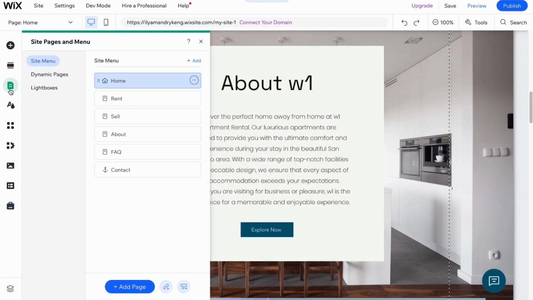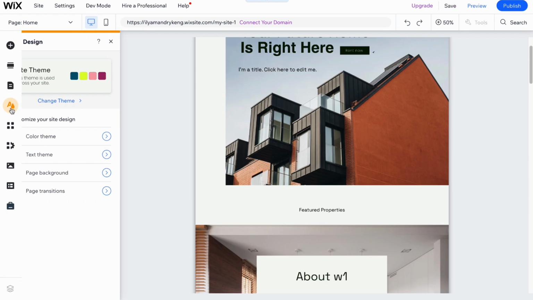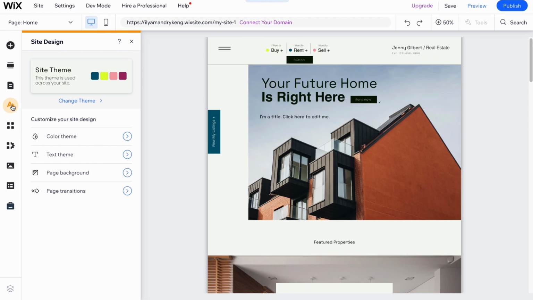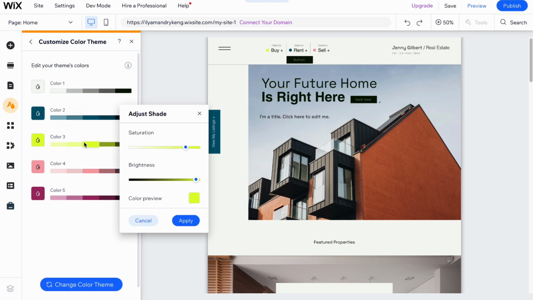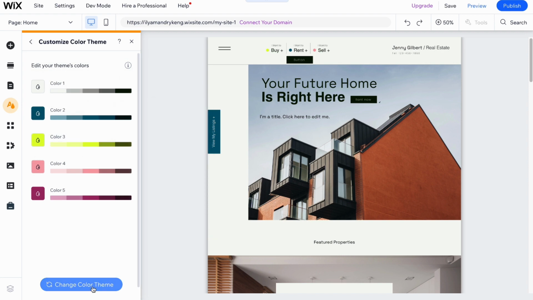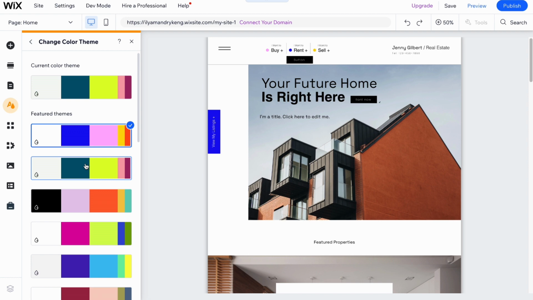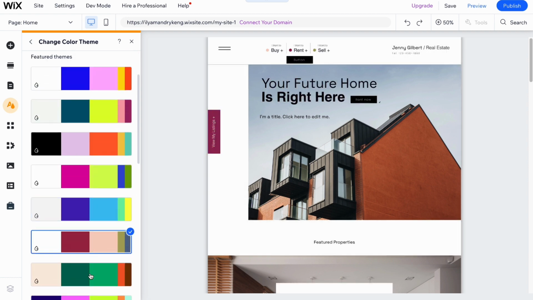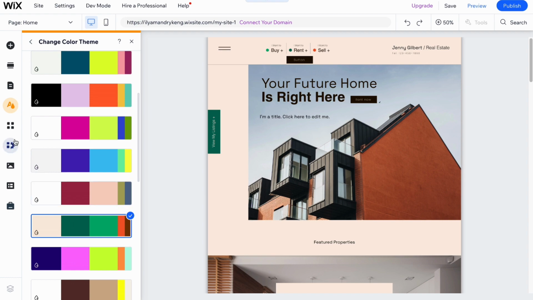And yeah. Also, we can manage wall site design by clicking on this button here. We can customize color theme, add text theme, page background, manage, and also page transitions. In my case, it's really helpful to customize the wall template. We can change color palettes totally, so it will be pretty easy to customize the wall templates after just simply